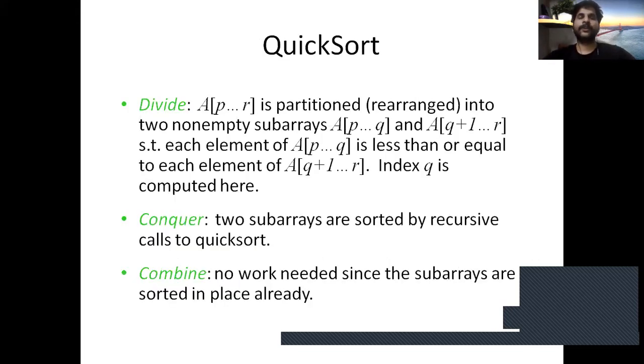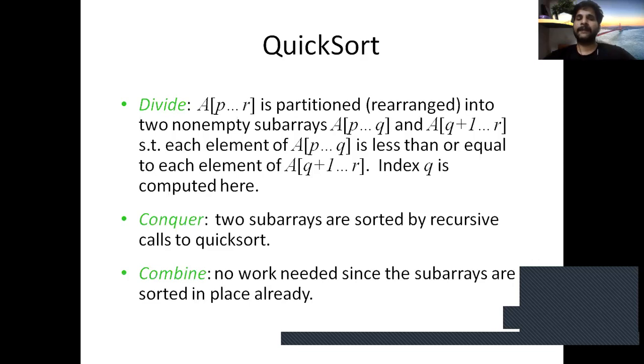First, the quick sort algorithm is also performed in 3 steps. The first step is divide. Suppose an array is given with index values from P to R, P---R. So first of all, we partition the array P---R and rearrange it into two non-empty subarrays like array P to Q and array Q plus 1---R, where Q is the pivot point.